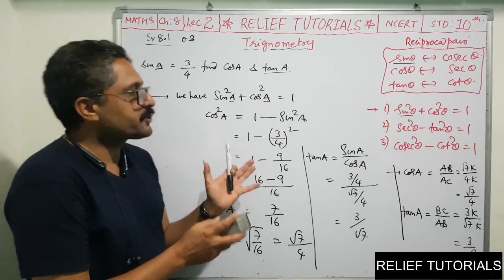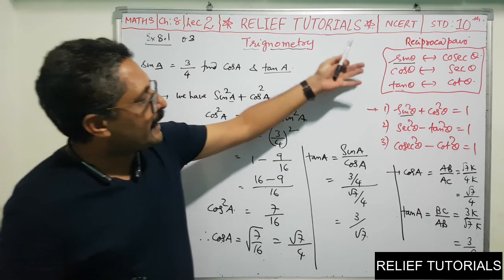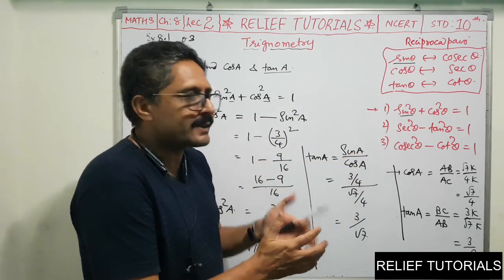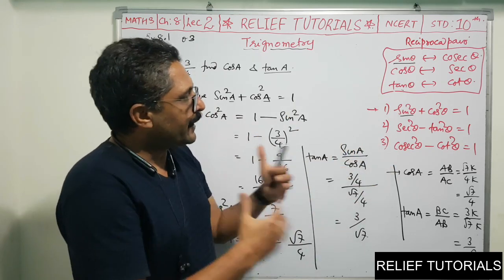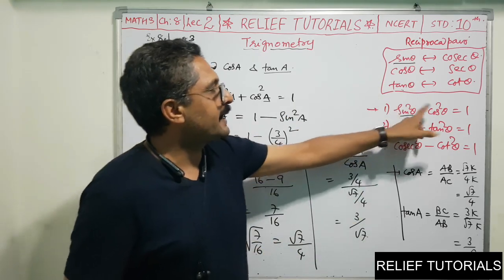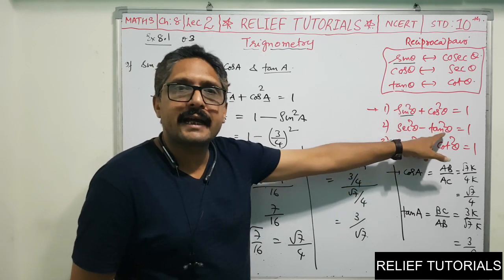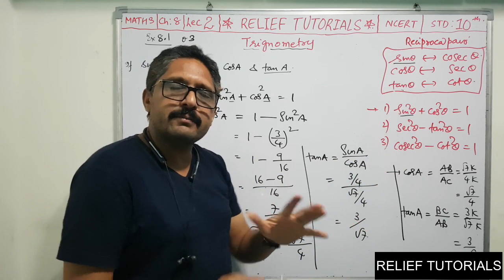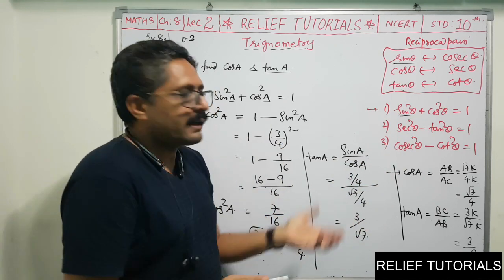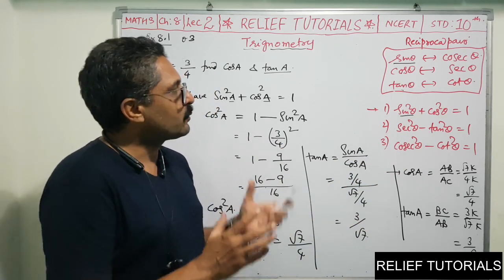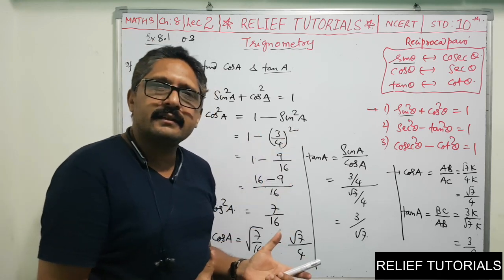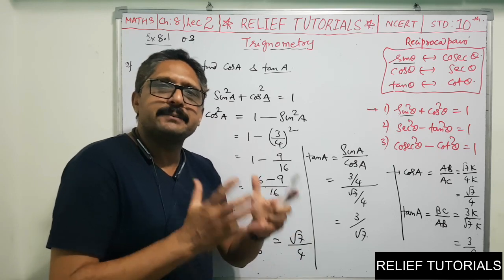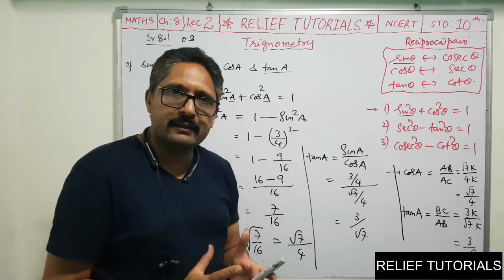So I hope you have understood this. Please go through the identities in a proper way, in the pattern which I have told you. Just memorize the identities. Try to remember the pairs. I told you the pair of sine is cos, the pair of sec is tan, the pair of cosec is cot. Tan and cot have a negative sign. In this manner, just remember the identities, keep on writing them so that once the whole identity is clear, the chapter will be quite easier, quite interesting. So please learn the identities. Clear? Okay.